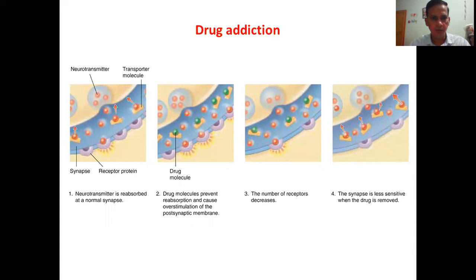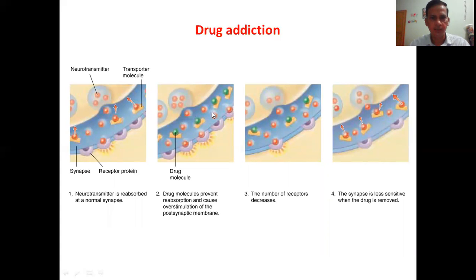However, in another instance where a drug molecule is taken, let's say for example cocaine, this cocaine will bind to the transporter protein. This binding will prevent the reabsorption of, let's say, dopamine here, and that will lead to an increase in